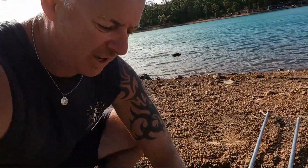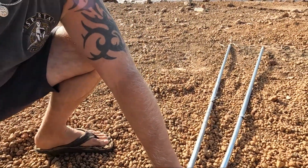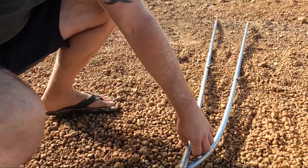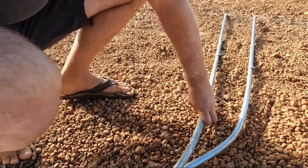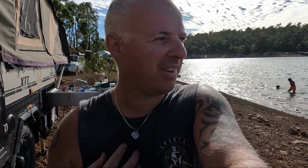Yeah, so fortunately for the annex, these poles here are, not sure if you can see them, obviously a bit bent up. Looks like the wind's killed the day. It's just picked up and it's blowing its head off, which is a bit of a shame. It's a magic spot, but everywhere we look, everyone's packing up, and this time yesterday was probably 10-20 boats out